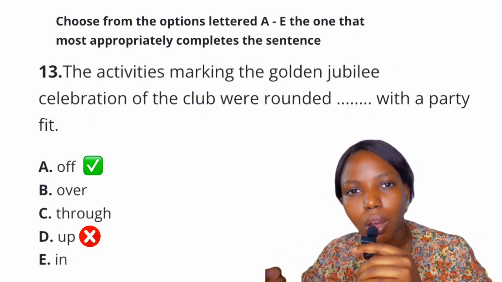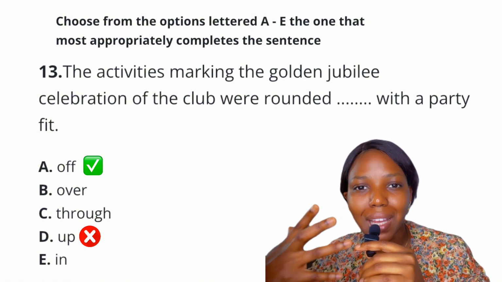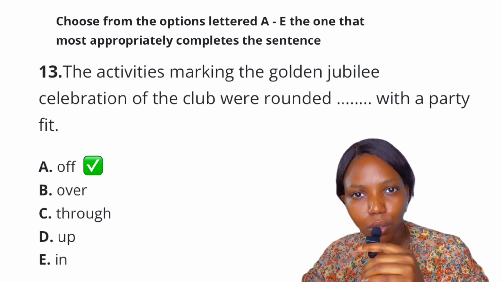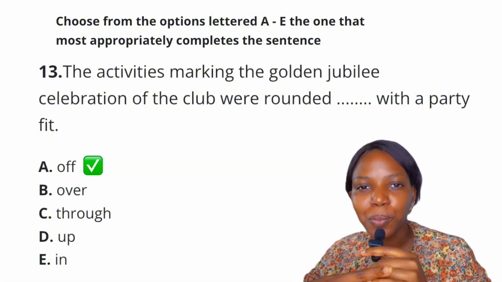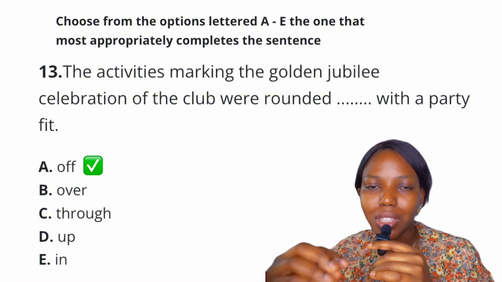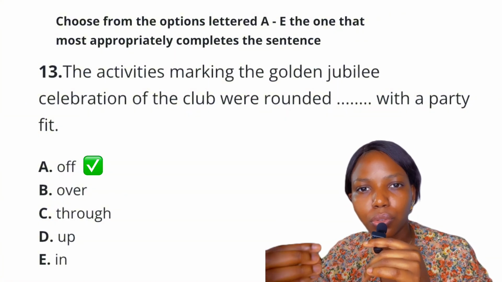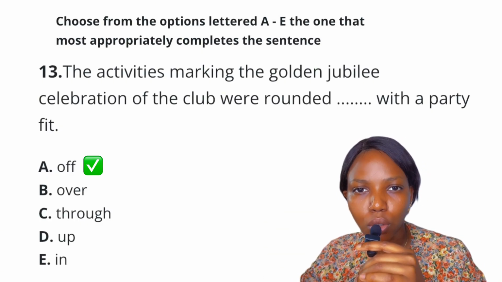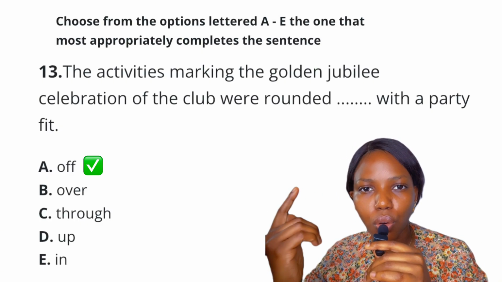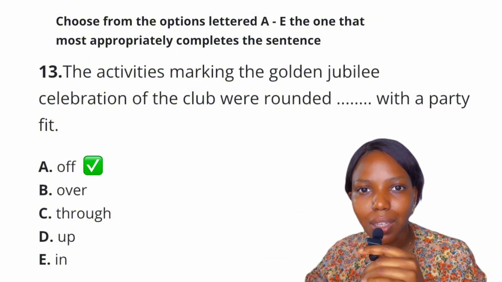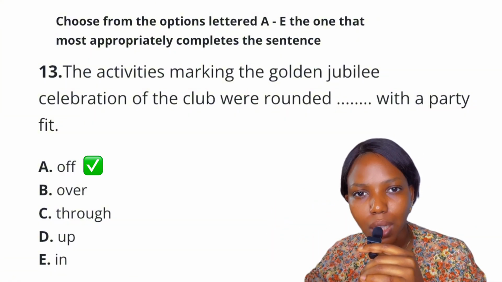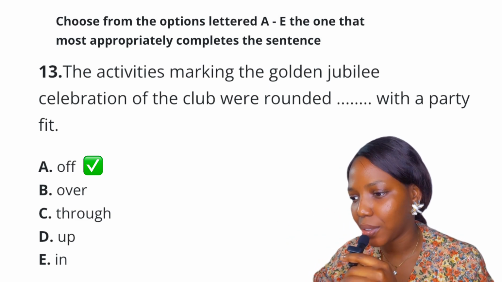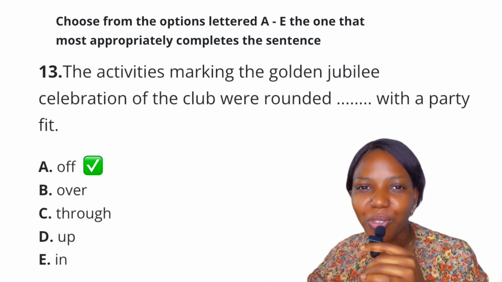Okay, so when you think of roundup, you think of gather, whether as an act of gathering, which is a noun, or to gather as a verb. So the answer to this question is rounded off, because rounded off means to finish an activity or complete something in a good or suitable way. So when you think of round off, you think of conclude. So here's the hack: round up equals gather, round off equals conclude. So the answer to this question is definitely option A, rounded off.